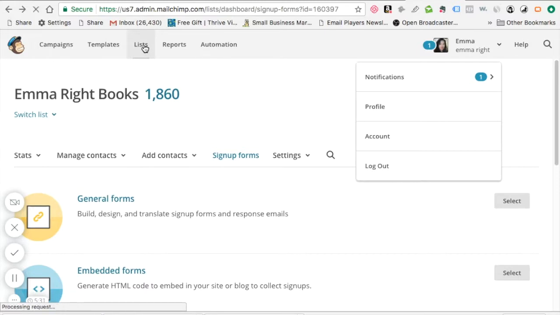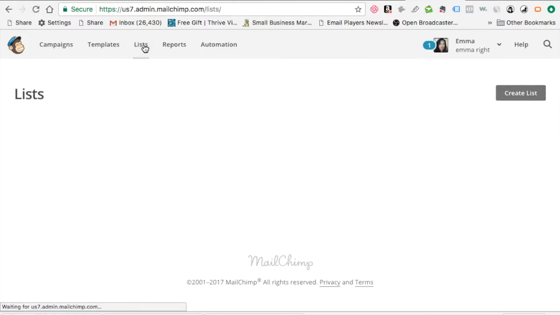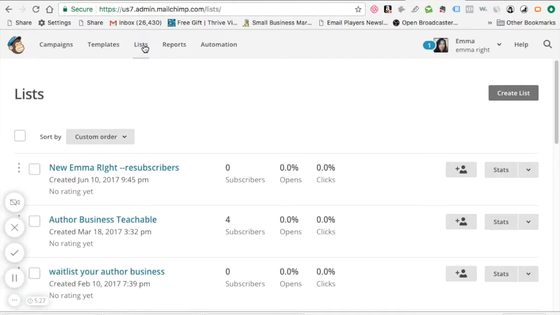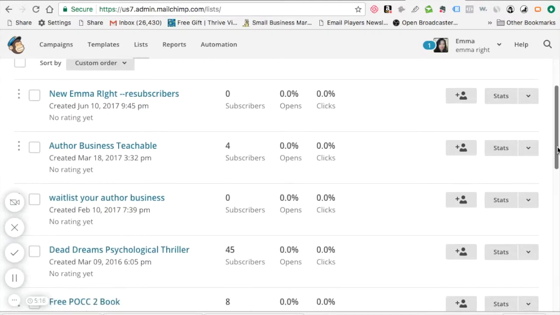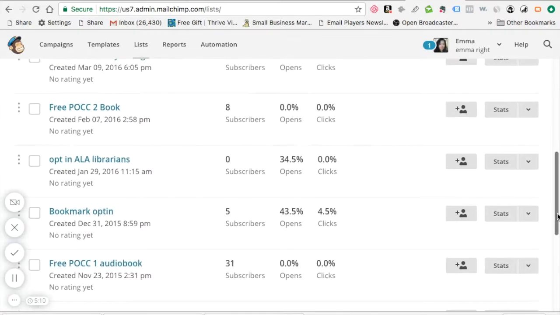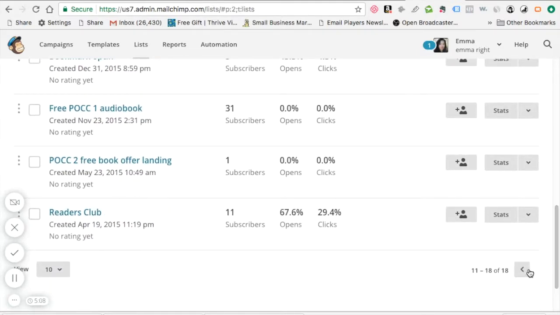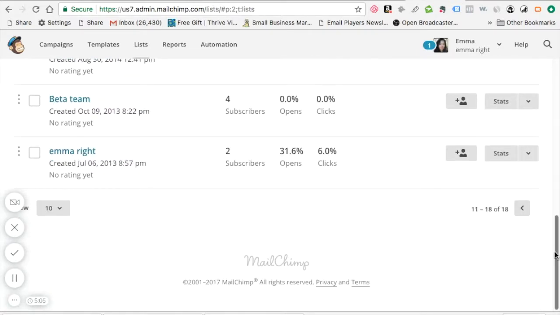If you look under here under lists, which is another pain with Mailchimp, you can see that I have like 0 subscribers. Actually, I had people there, but I removed them because it became a pain, because every time I want to broadcast to all my different lists, and I actually have 18 of them here, I had to go